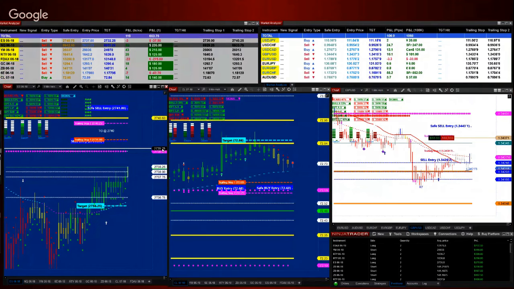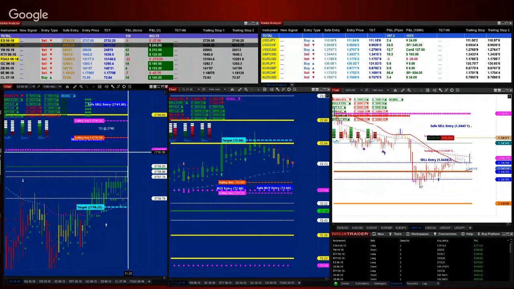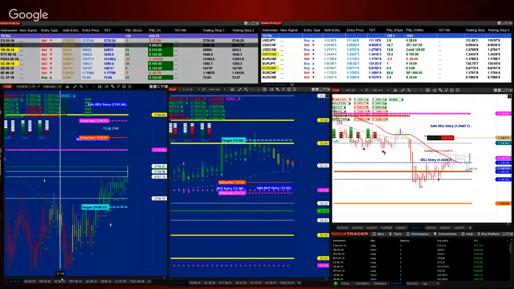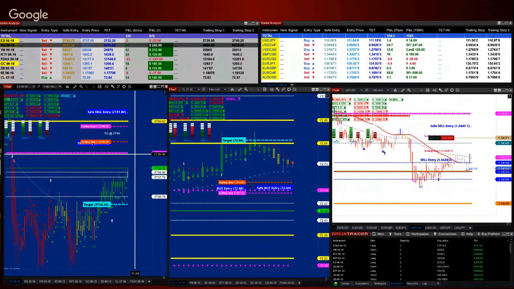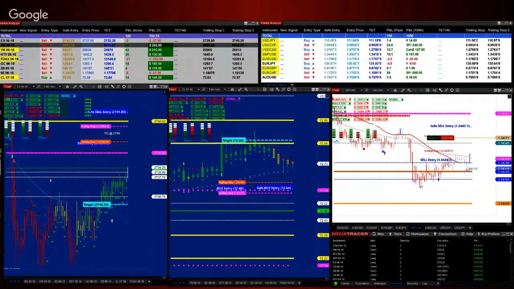Okay, let's see. Keep your eye, folks, on the 2739. Please keep your eye on the 2739. Could be a heavy projection at 2739. This is your magic number, 2739. Please keep your eye on it before you start getting excited and go long on that. Think about it. If you know what you're doing, fine, enjoy it. But remember, it is a very heavy area.